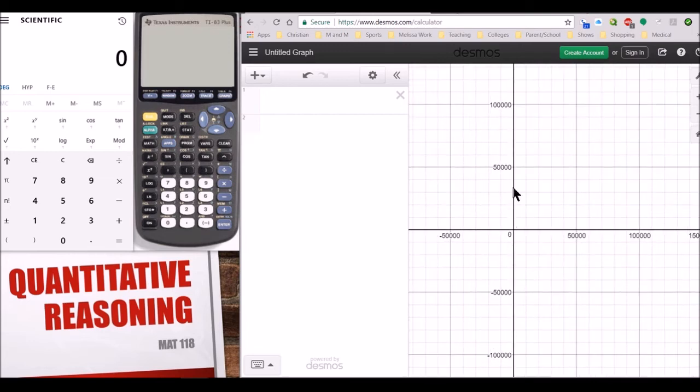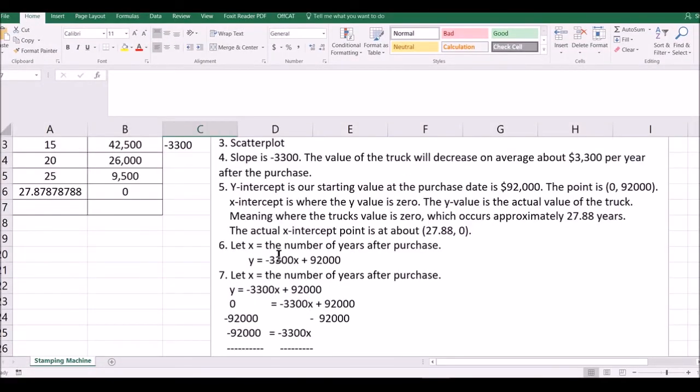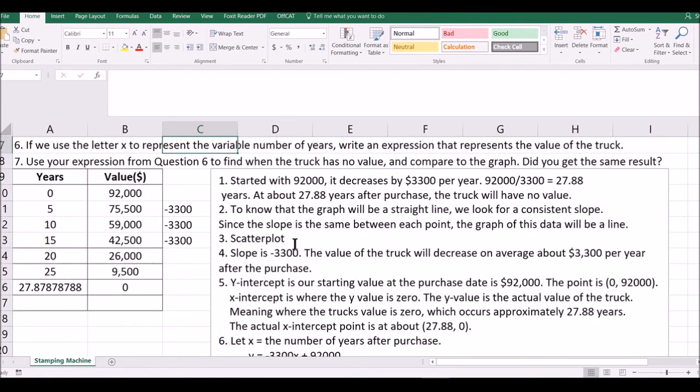Very large numbers. So we don't want to count by ones. So that's what I meant by scale. I wanted to go back and make sure I spoke to you about that, about the scale. Over here, I did say scatter plot, but let's make sure that we fill it in. And the appropriate scale